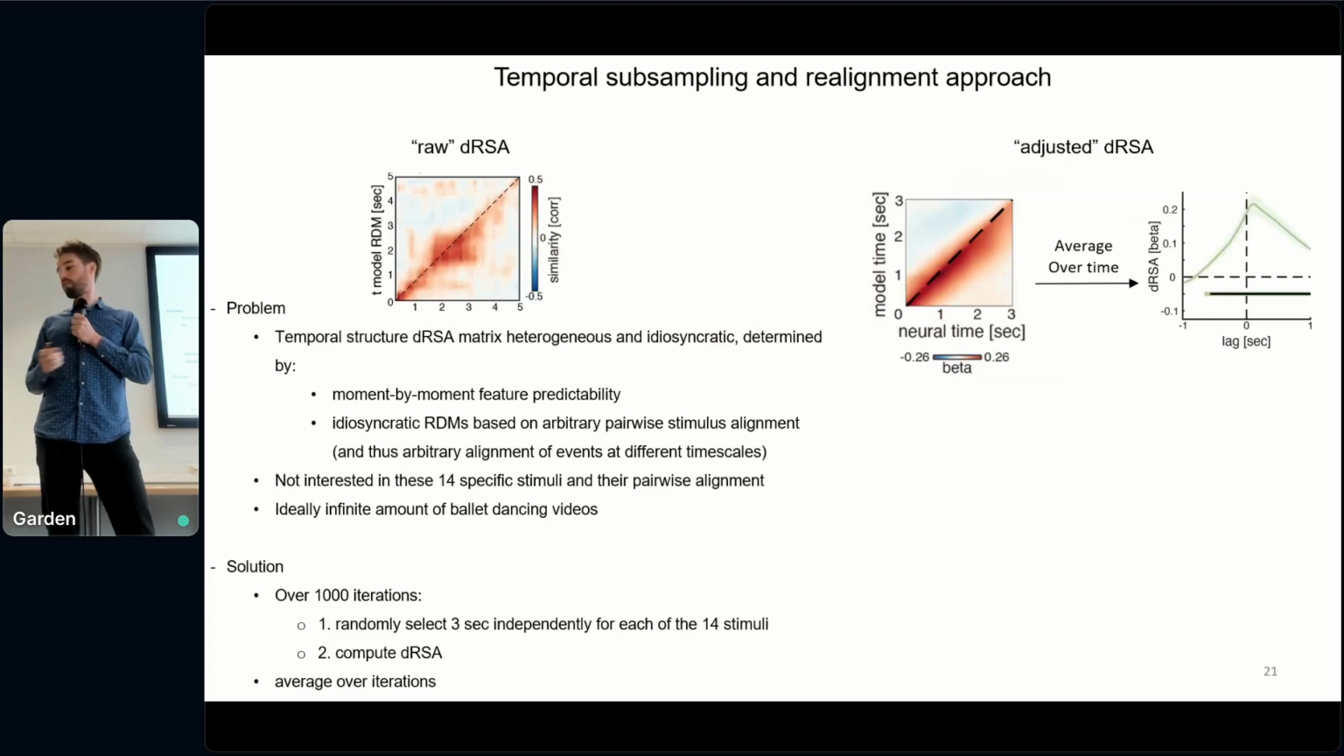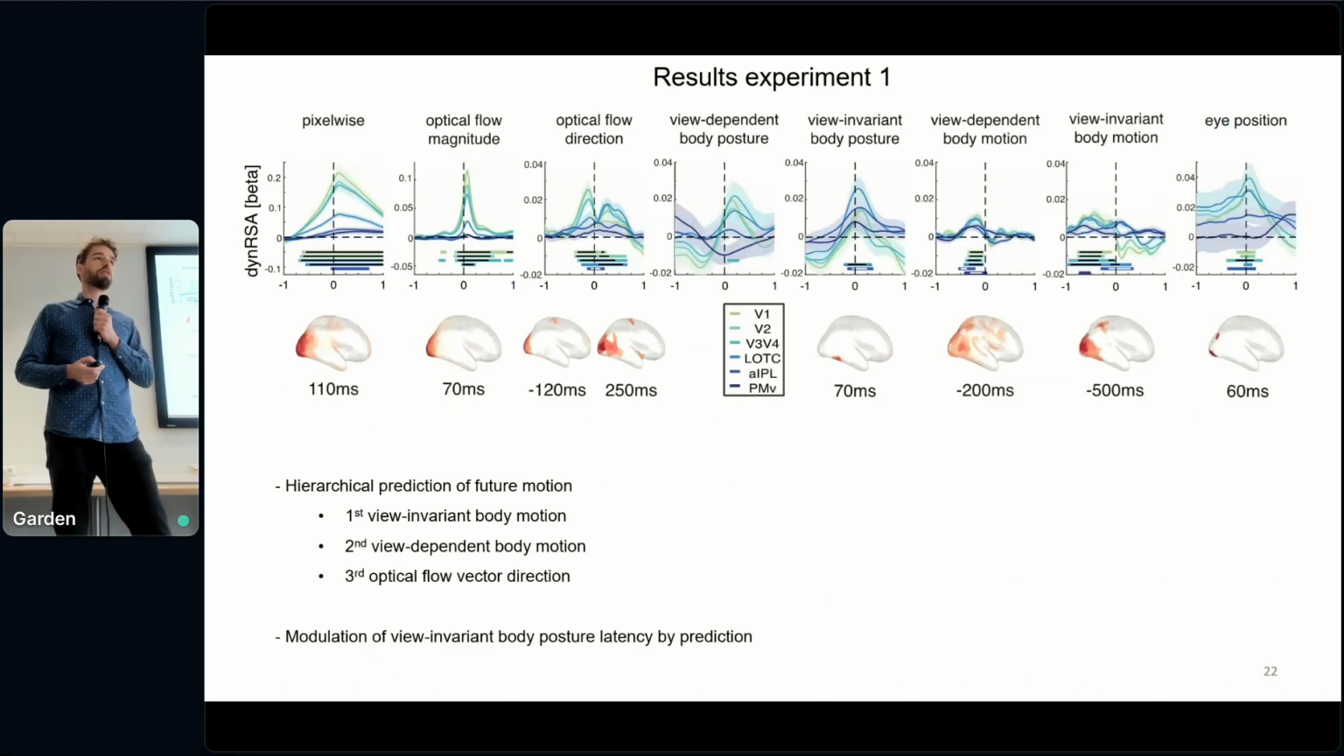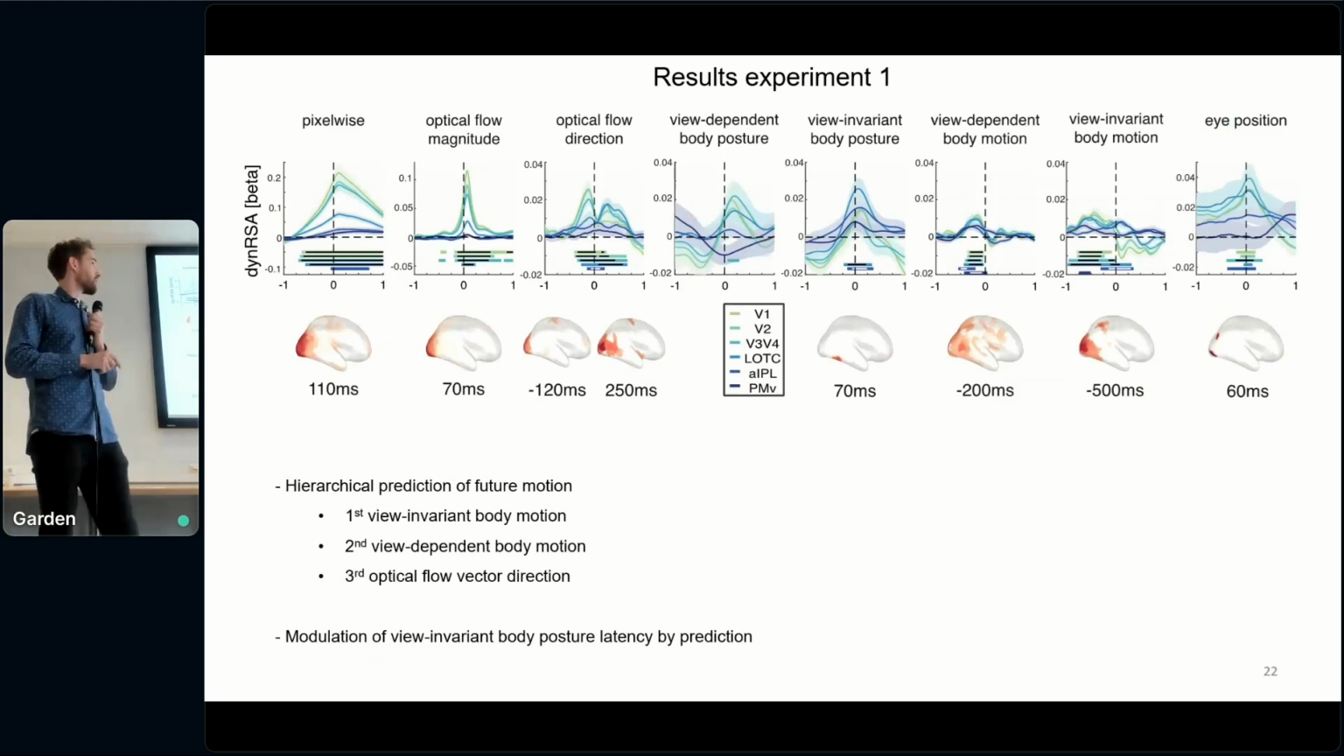All right, so now let's look at some data. For this first experiment, we just had these simple stimuli, as I explained, and we applied this approach. And indeed, we find these clear predictive peaks, predictive representations for the motion of the ballet dancer, both in terms of the kinematic markers, so the body motion, and also if you look at the optical flow direction. That's already interesting, but then we also see this hierarchy in time